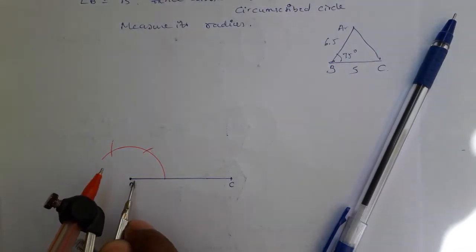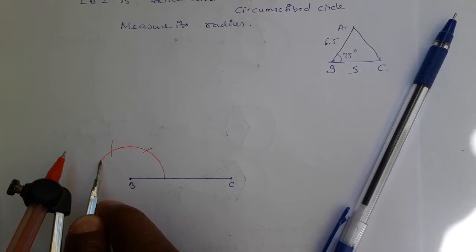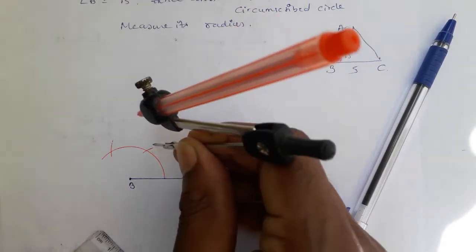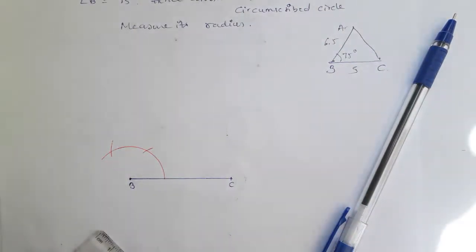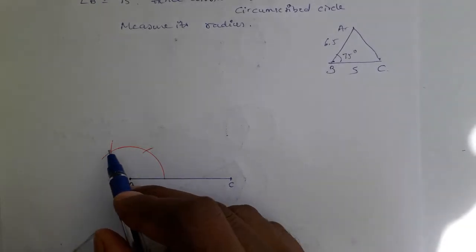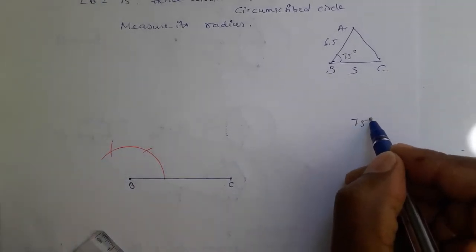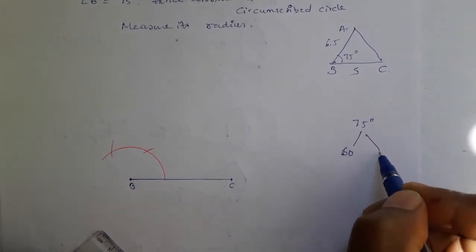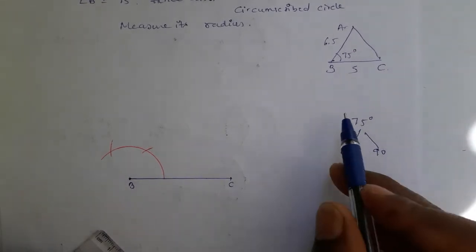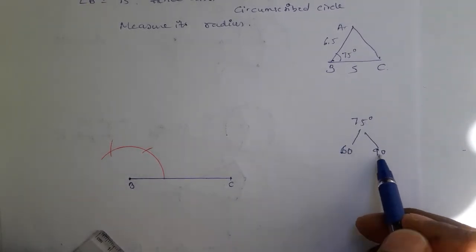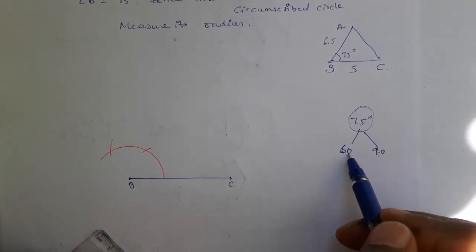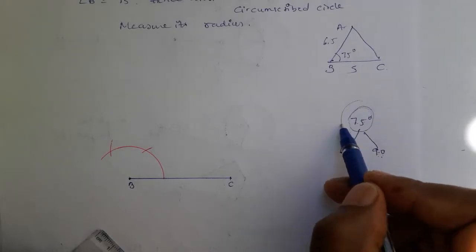So what I did from B, first I put a main arc of approximate measurement. Next from that arc, 60 degree arc, and from the 60 degree, 120 degree arc. But required is not 60, not 120. Required is 75 degree. So how to construct 75 degree? You know that 75 degree comes after 60, before 90. 75 degree is exactly equal distance from 60 and 90. From 60, 15 above, from 90, 15 below. So therefore 75 degree is exactly between 60 and 90. If we get 60 and 90, then we can get 75 degree.